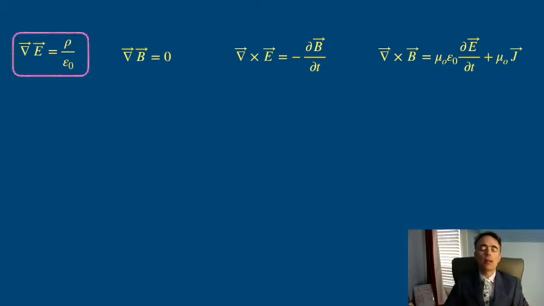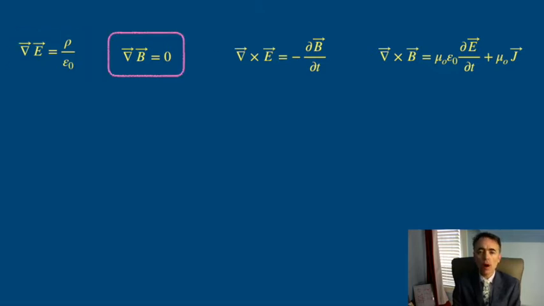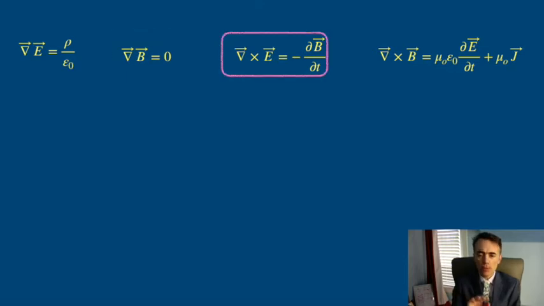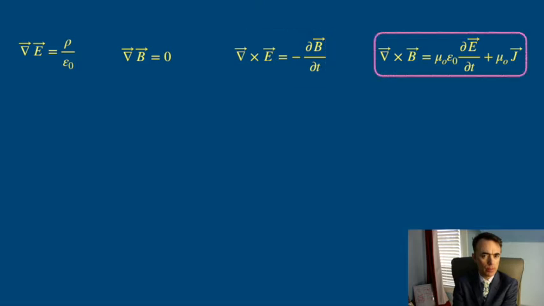The first one says that the electric field is created by electric charges, and the electric field lines start at a positive charge and end at a negative charge. The second one says that there are no magnetic monopoles that we know of. The third one says that a varying magnetic field generates an electric field, and these electric field lines form loops. The last one says that a varying electric field or an electric current generates a magnetic field whose field lines